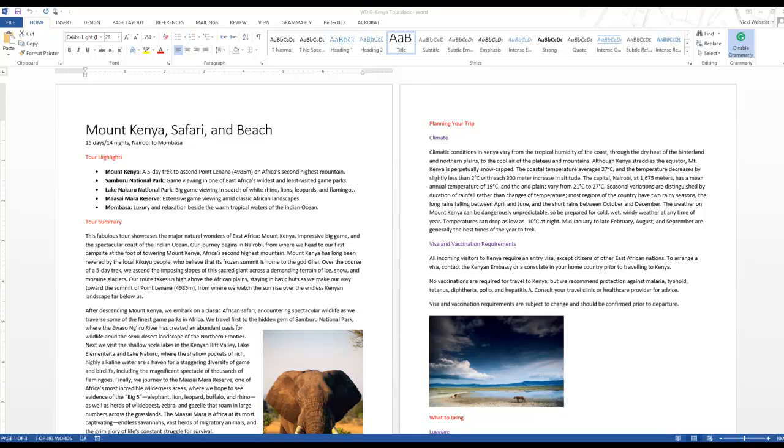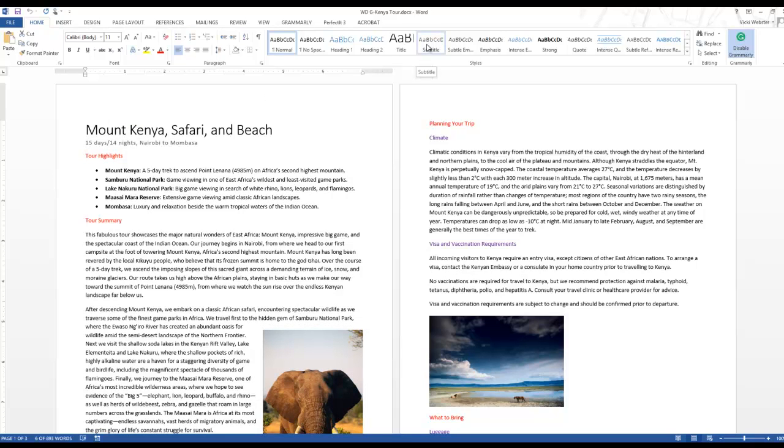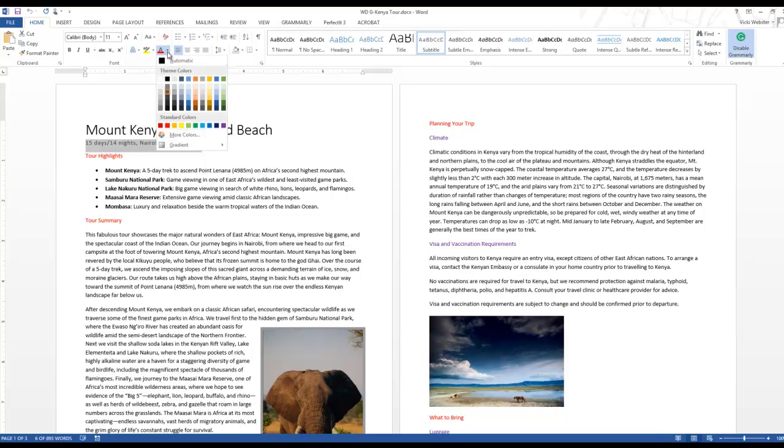Now that it's been applied to my selected text, I'm also going to go ahead and choose 15 days, 14 nights, Nairobi to Mombasa. And I'm going to choose the subtitle. And I get a preview for what that looks like in my styles group. And I like the font that this chose, but we can go ahead and make changes even though we've chosen a pre-formatted style. For instance, I'll come to my font group